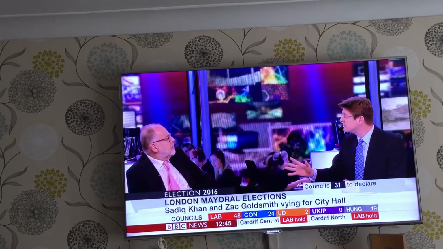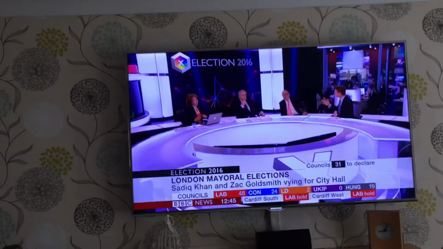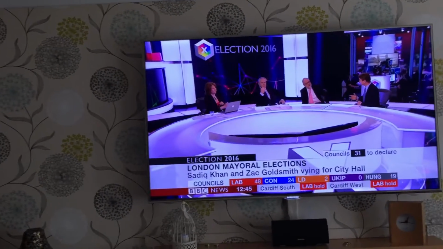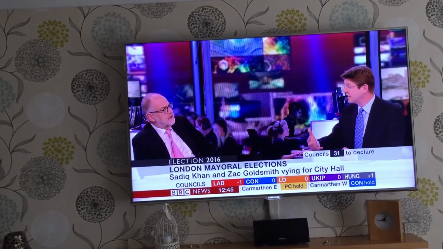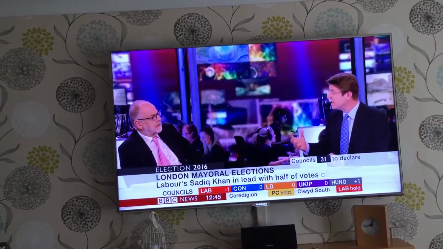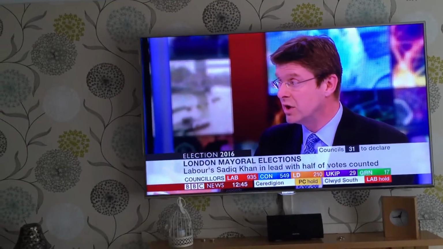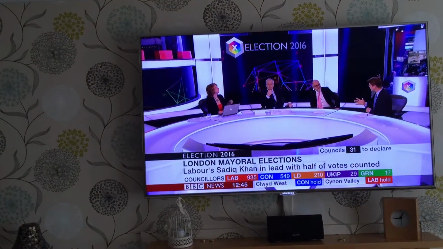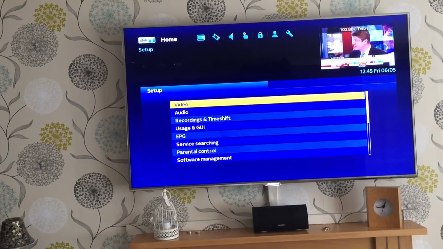My setup also has, as I say, the hard drive on the back of each box, but I've also got a network hard drive connected in the house as well, which I also record to. What you'll be able to do is move recordings around if you want to from various boxes and access them from various points. So first thing you want to do is get into Menu, Setup,